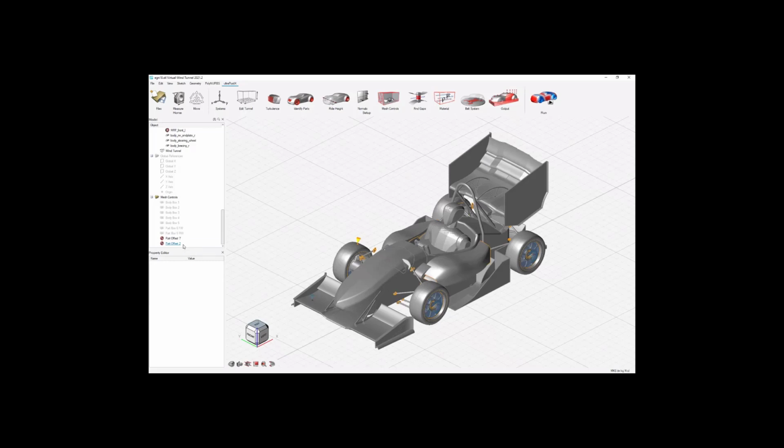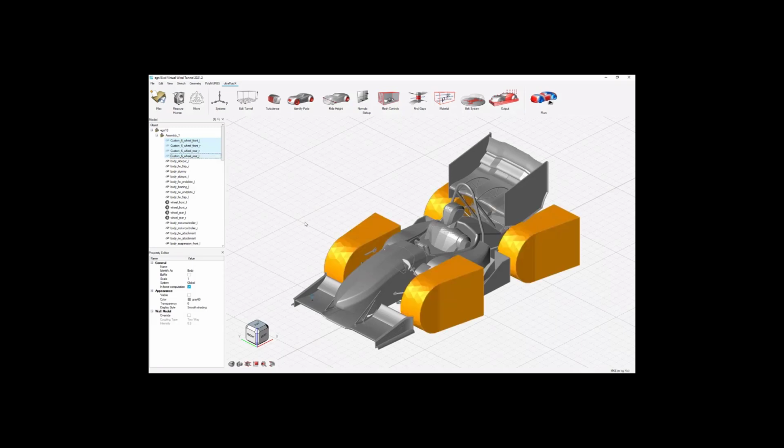Okay, now let's also rename this part offset to part offset 6, because it has refinement level 6. And then maybe you remember that we have hidden those custom refinement zones. Keep in mind that in case you want to hide those and not include them in the simulation, you have to delete them. If you just hide them like this,